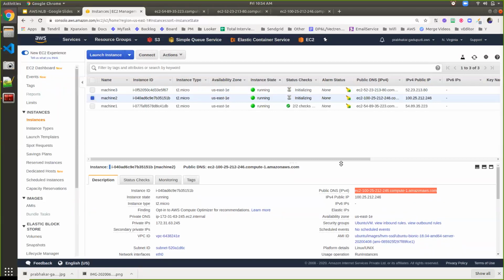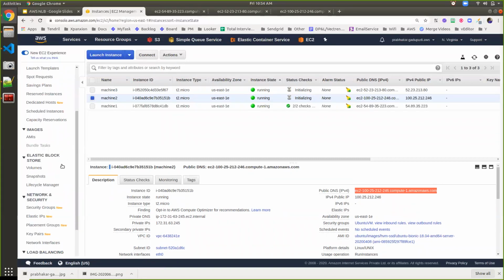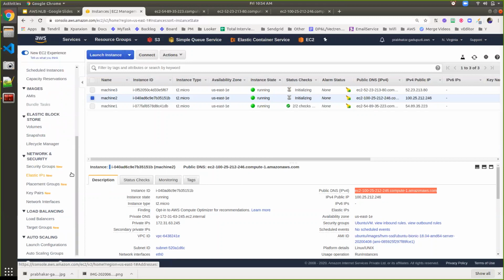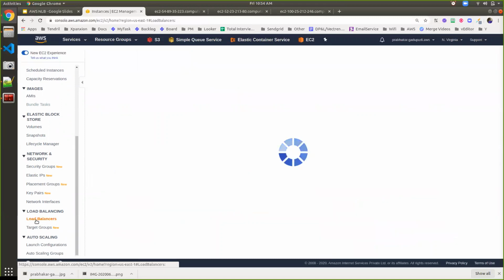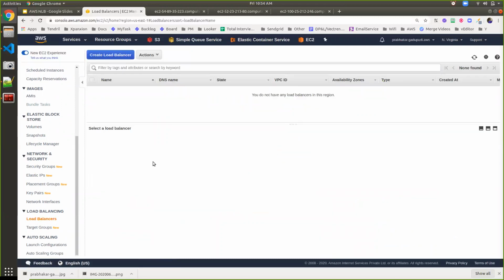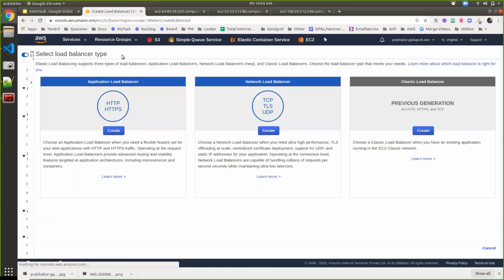All the instances are up and running, Apache is installed, and all the applications are exposed on port 80. Now it's time to create an Elastic Load Balancer, the network load balancer. Before doing that, I'm creating the target group. We can go ahead and create the target group first, or the second option is that we can directly create the load balancer, and under it we can dynamically create the target group. Here I'm going a bit different. I'm clicking on load balancer and create load balancer.